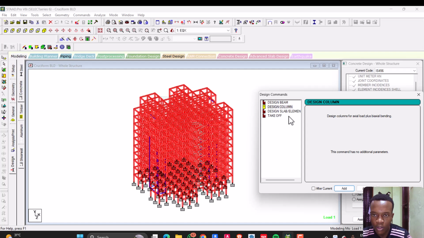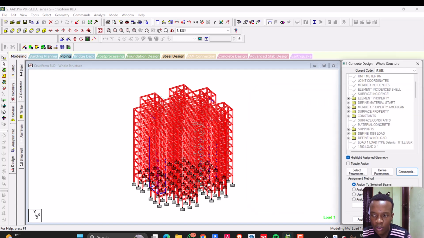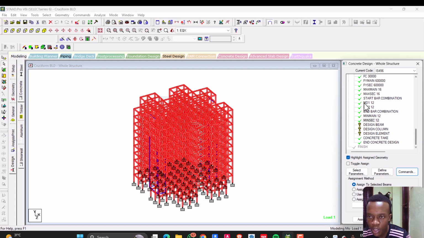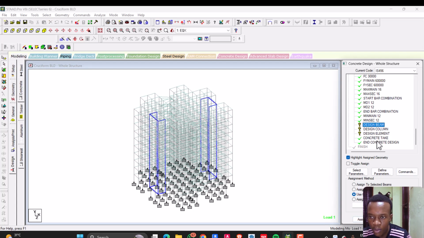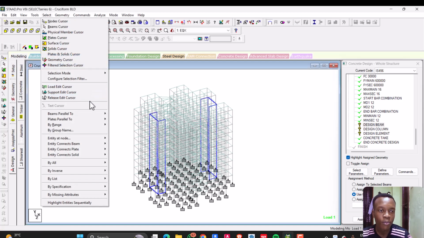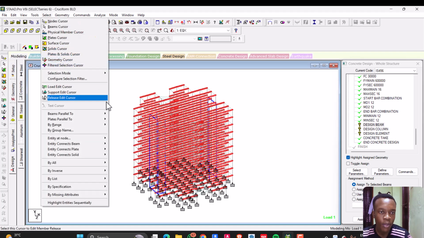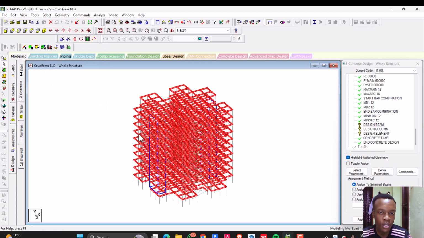edge, take off, edge, then close, then we'll go where there's question marks, then design beam, then we'll go to our beams parallel to X and beams parallel to Z. Assign to selected beam, assign,